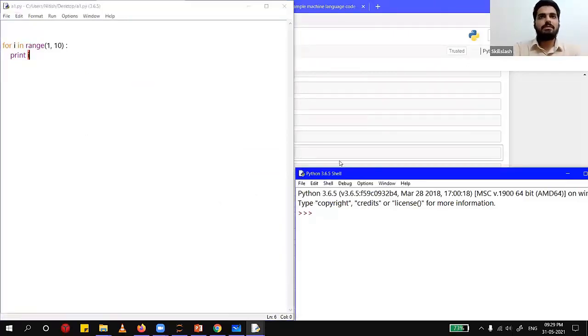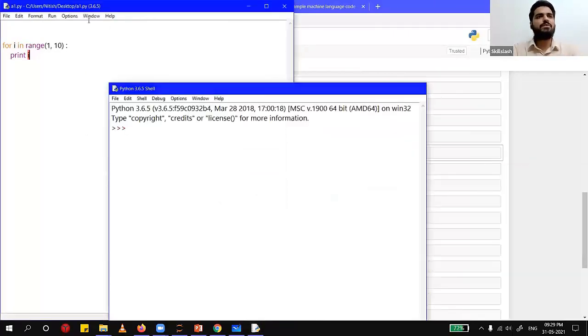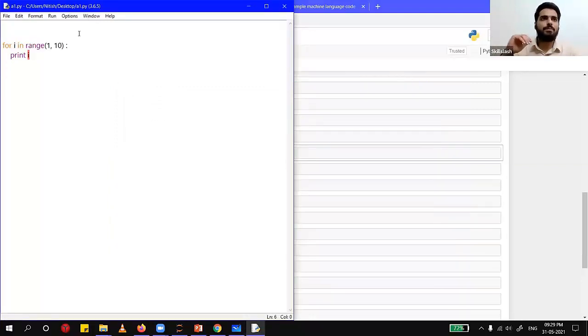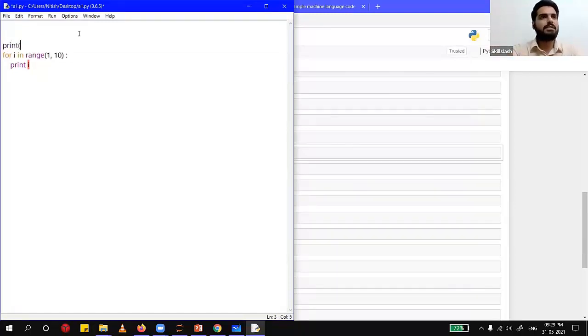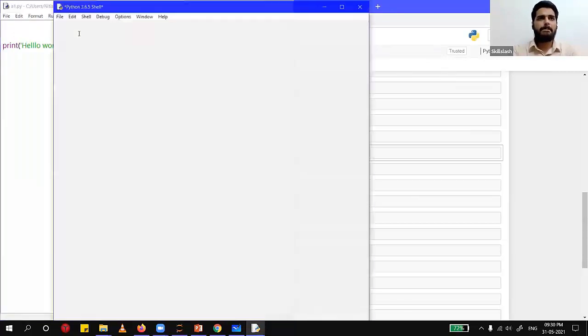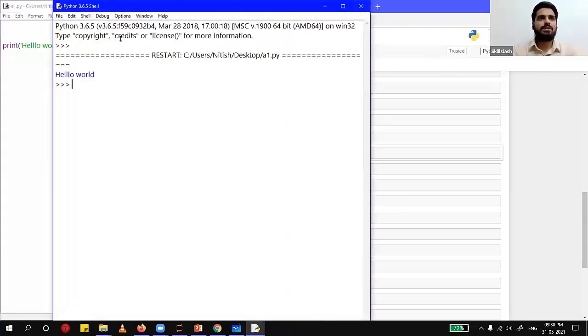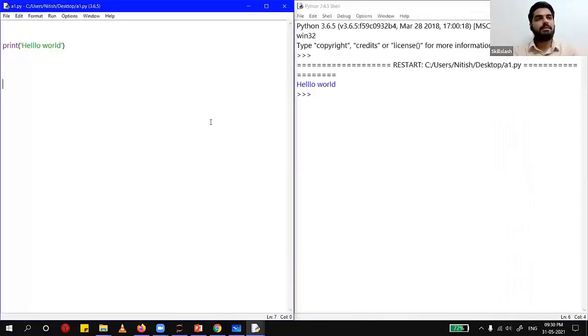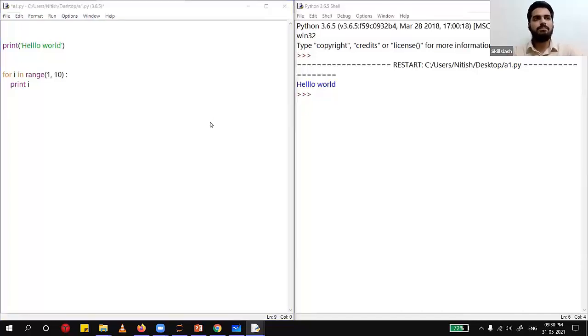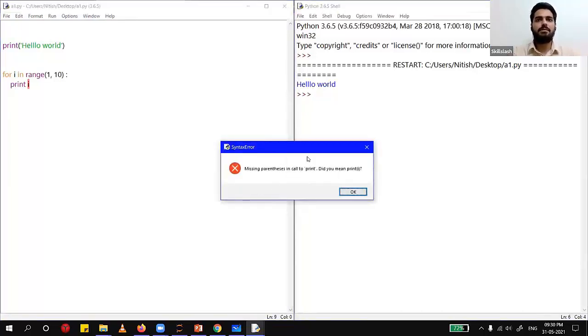Even because as per the functionality, most of the languages follow a top-down approach. So if the first line is correct, it should have displayed something. Let's say I write print, directly hello world. If I delete this and print it, you can see hello world is printed. So that line is correct for me. If I write something after this, the first line should be printed out. But if I do it, you can see here,